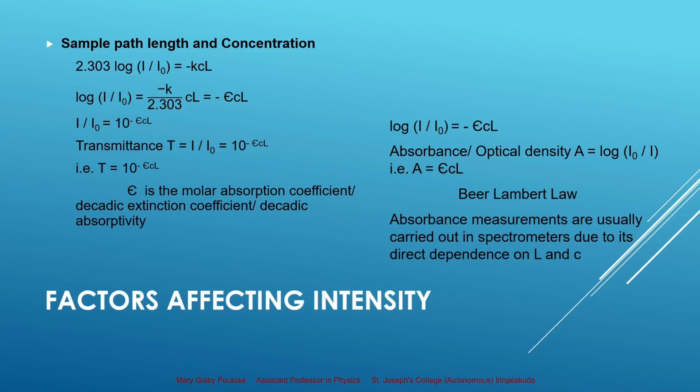Now, usually we take the absorbance measurements in spectrometers. This is because the transmittance has an exponential relation with the concentration and path length, whereas the absorbance has a direct relationship with concentration and path length. So the factors affecting the intensity of the spectral line are the transition probability between two states, the population of the two energy levels, and the sample path length and